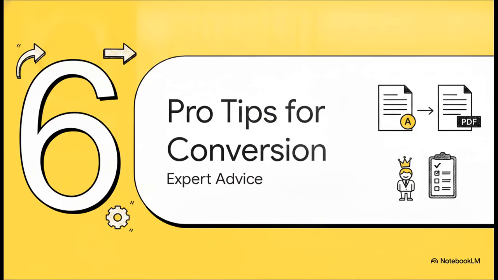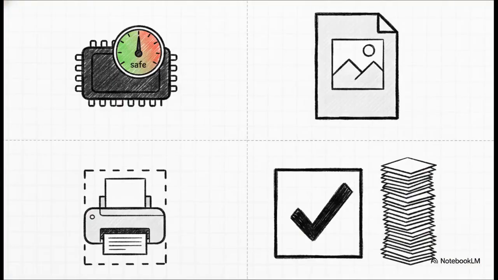Finally, Section 6, Pro Tips for Conversion. Now, what's really interesting about this is navigating the physical limits of your actual computer. Decoding AVIFs is incredibly memory intensive. Processing 20 4K images can easily chew up over a gigabyte of RAM and totally freeze your browser. So, pro tip number 1, use JPEG quality instead of PNG for large batches to drastically manage those browser RAM